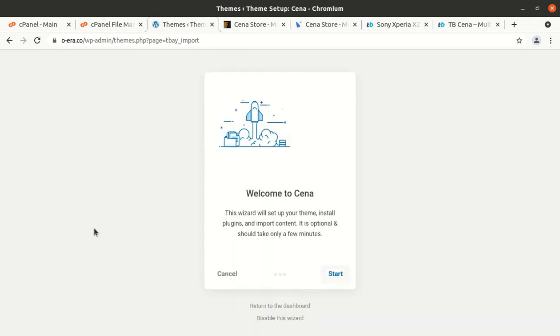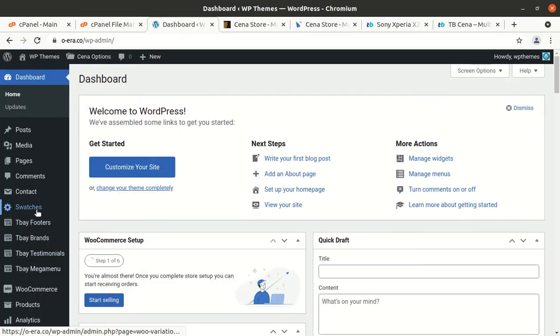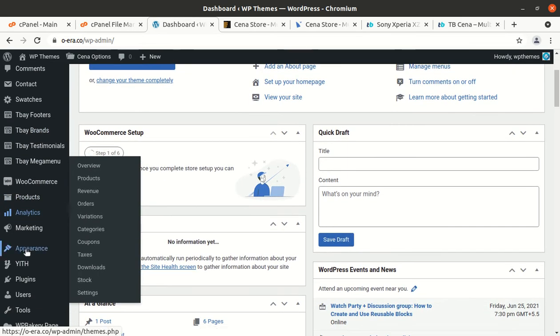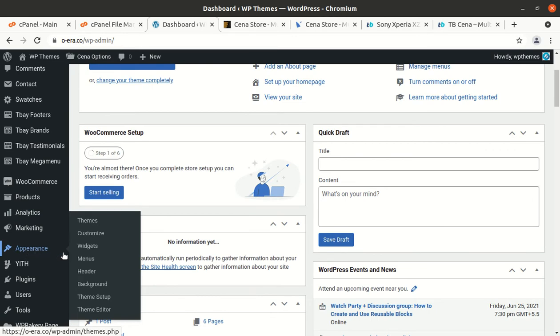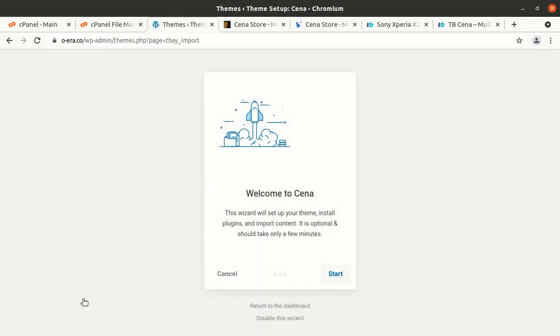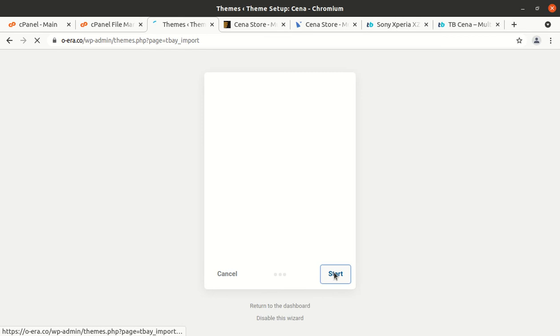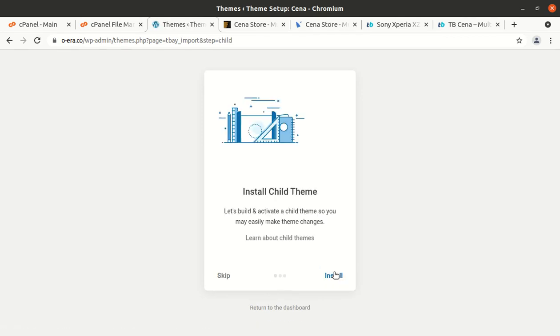And now we are here, I'll show you again. So I just clicked on the setup wizard, so it is lying under the appearance section. So under the appearance section there is a theme setup option, just click on that, and this is the setup wizard, and we can start from here. You can skip installing the child theme,